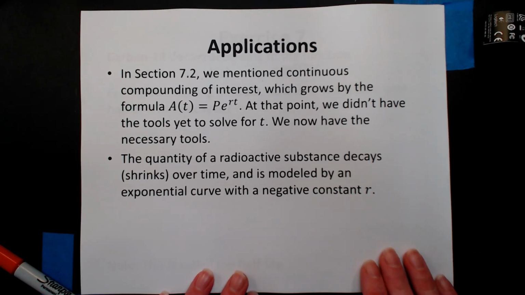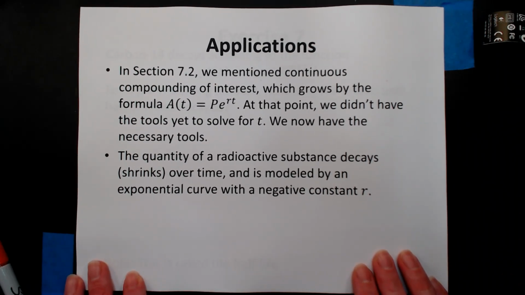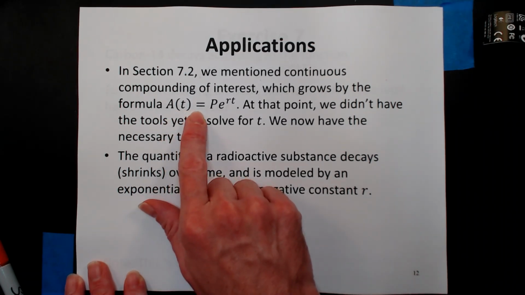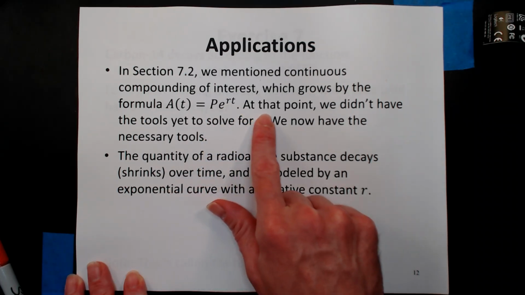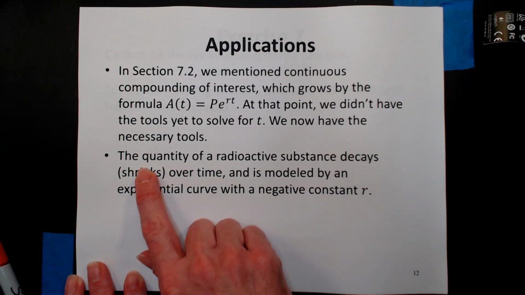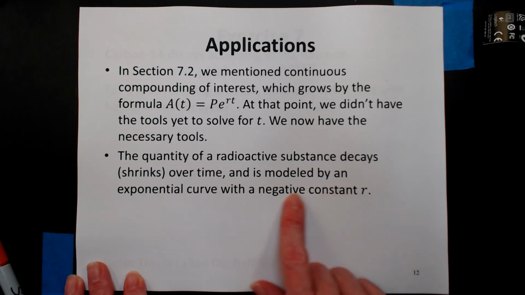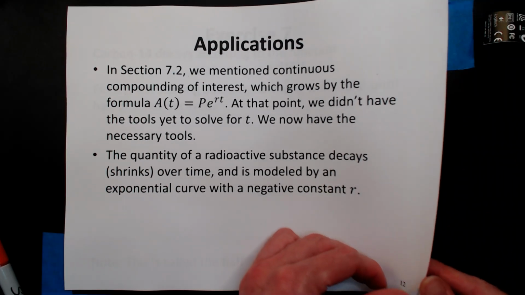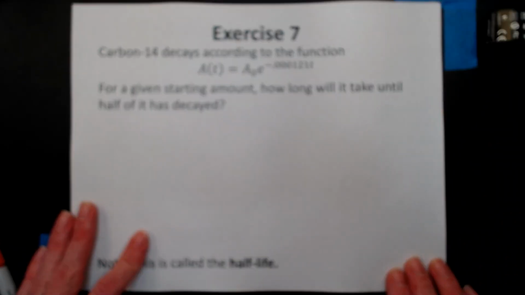Here we have applications. In section 7.2 we mentioned continuous compounding interest, which grows by the formula A of t equals P times e to the rt. At that point we didn't have the tools to solve for t yet. Now we have the necessary tools. The quantity of a radioactive substance decays or shrinks over time and is modeled by an exponential curve with negative constant r. So looking at this, we have a common exercise,